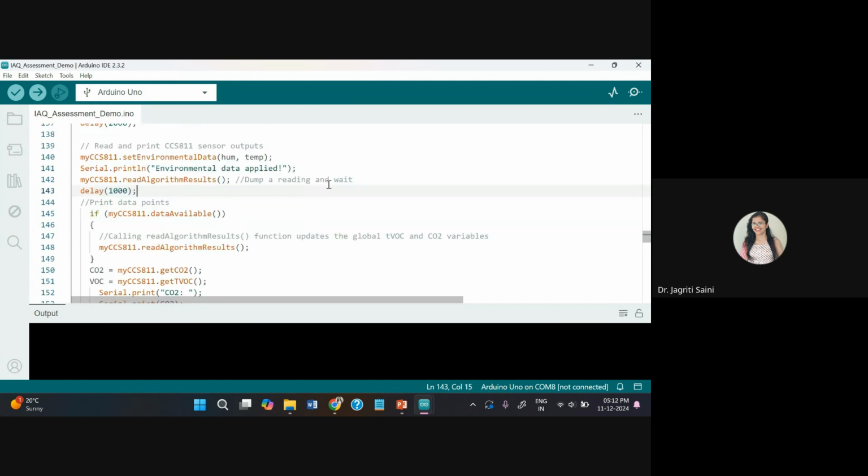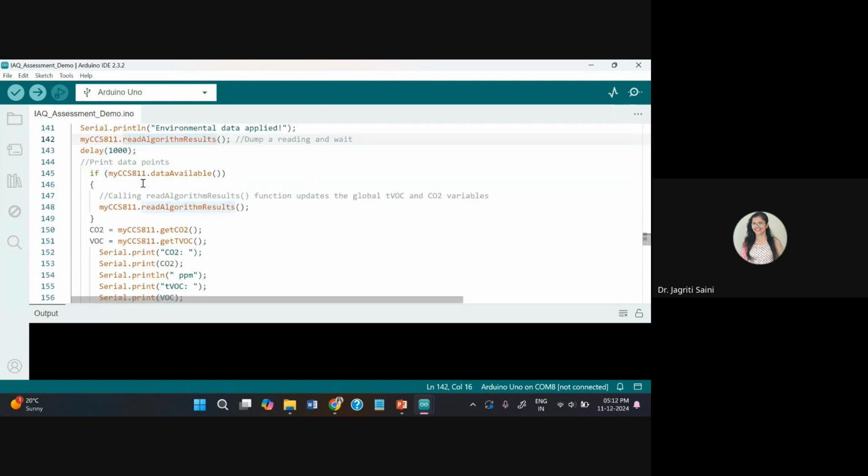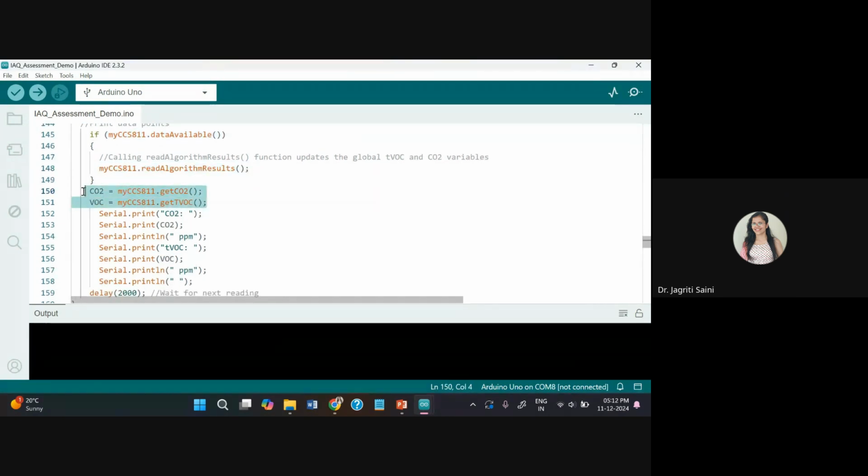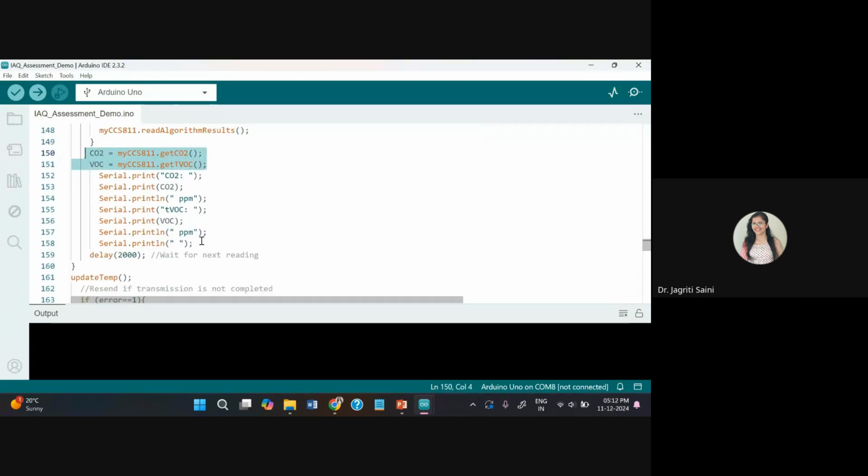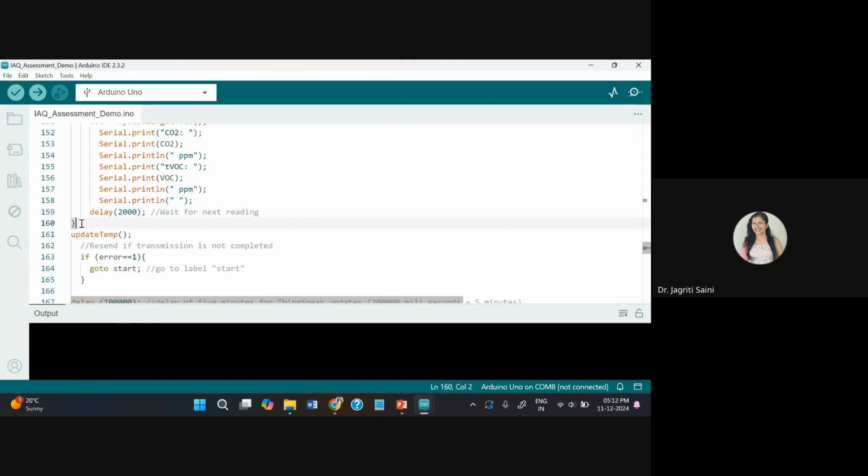So accordingly, the first reading I'm dumping, and after that, whenever the next data is available, I'm reading that again, and I'm storing that in specific variables, and ultimately I'm displaying them one by one with their respective units and values. Again, a delay of 2000, and this is enough for all the sensors that I have connected in my system. So up to this, I have just measured everything from the sensors, and I have displayed that on the